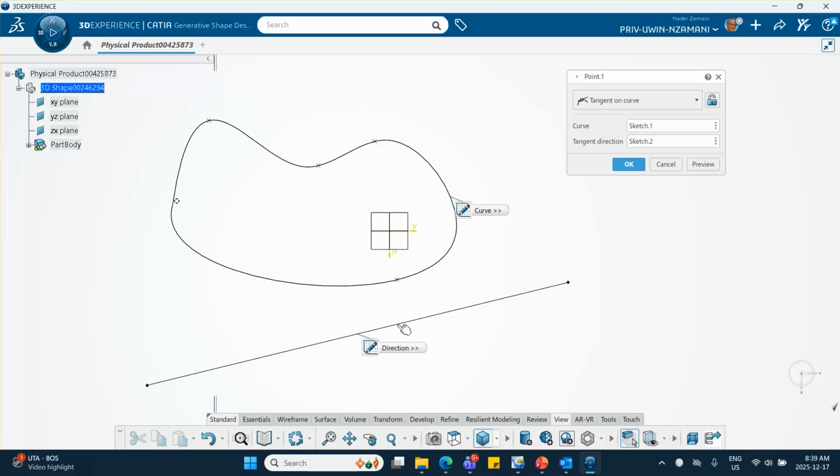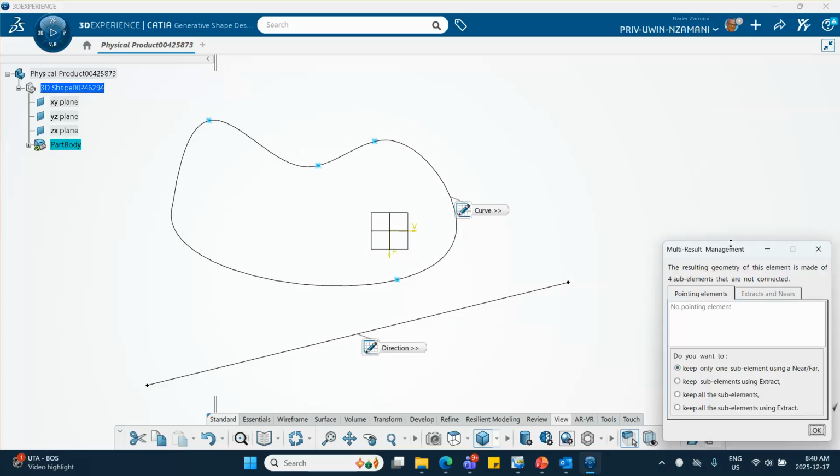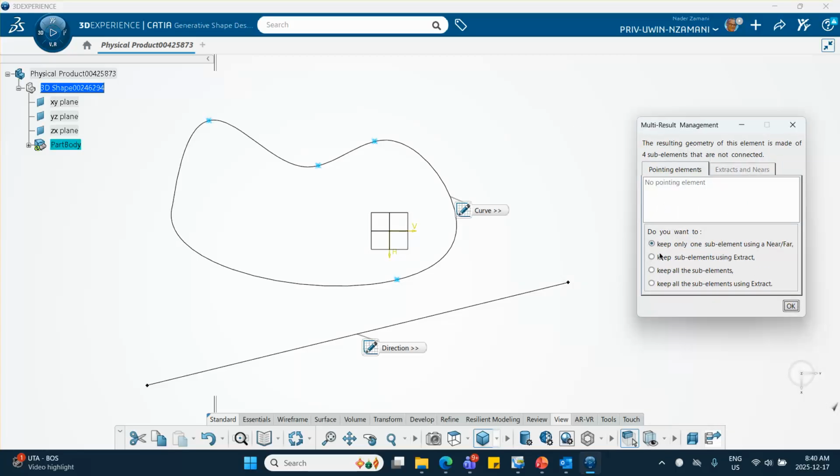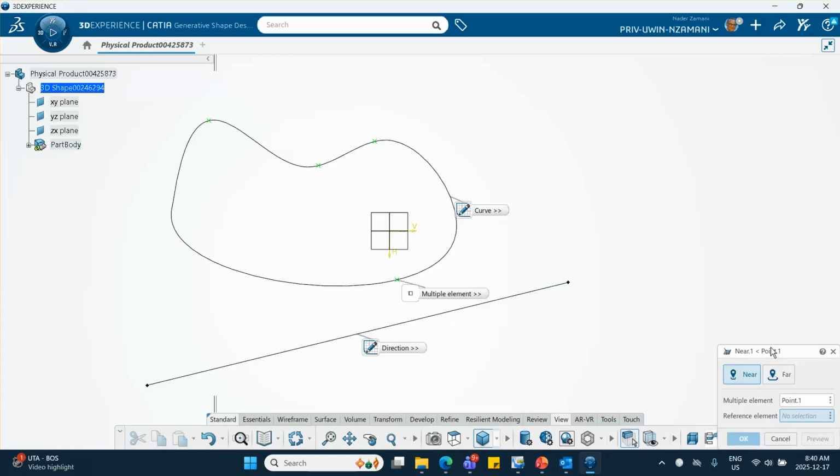Okay? So essentially, that's what the word tangent on a curve means. By the way, when you click on it, it says that there are multiple solutions here. There are 4 answers. Do you want to keep them all? If you say all, it's going to keep all those four points. But if you say keep only one sub-element using near or far, so let me use this option, which is actually what's activated here, and I say okay. It says okay. Do you want to